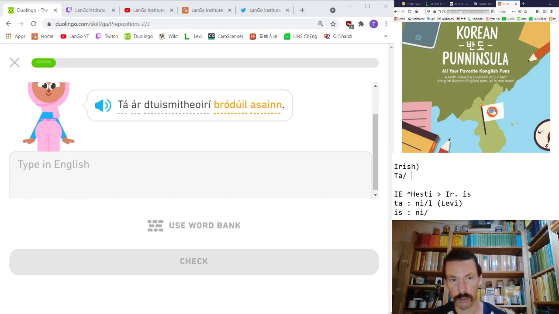So when we see two together like that, we've got GC, also BP, DT. Those combinations at the beginning of words signal mutation. We pronounce the first one, and the T, the second letter there, reminds us what the basic form is, so that it helps us in both ways. It shows us how to pronounce the word and reminds us where we'd find it in the dictionary.